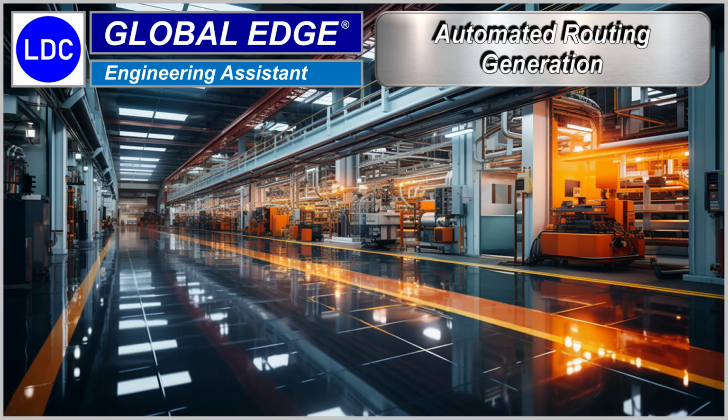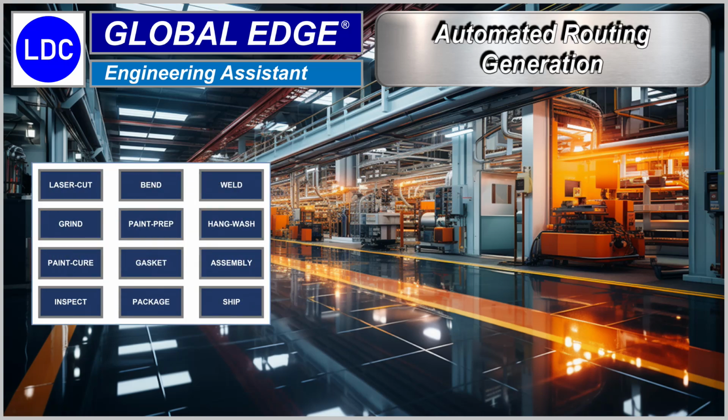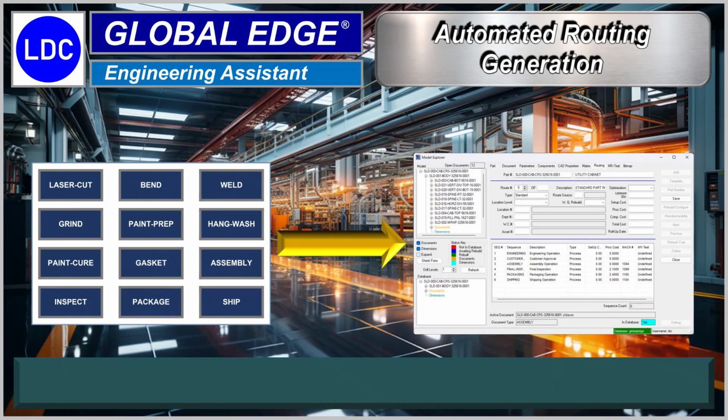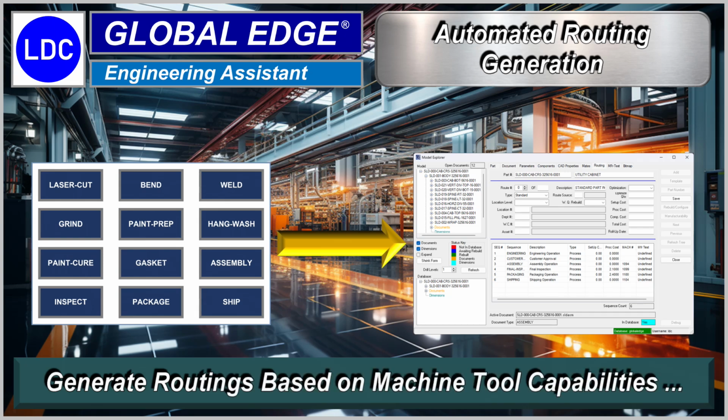Global Edge Engineering Assistant includes a powerful configuration engine that generates optimal routings based on CAD part parameters, that also incorporates tribal knowledge of how simple to complex parts are fabricated. This can include part dimensions, material properties, and production quantities to choose the optimal routing for parts and assemblies. The CAD part parameters serve as a foundation to embed tribal knowledge developed over decades into automated procedures that speed up the quoting, engineering and manufacturing workflow process while reducing the dependency of relying on key personnel that may not